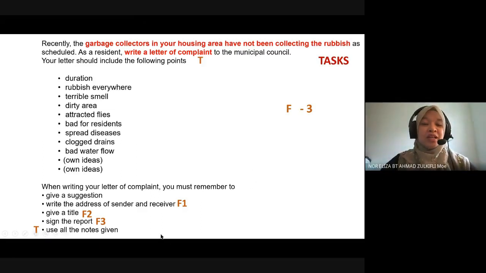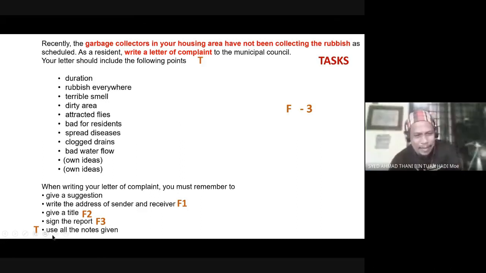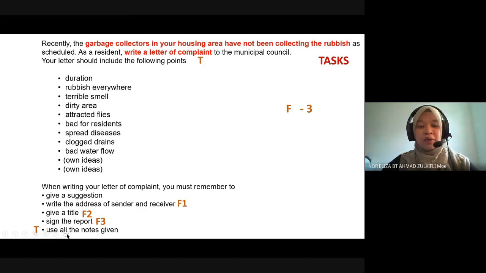Now we go to the second one, with this slide. Okay, the task. Are we recording? No need to go on, just continue. Alright. Just now we were analyzing the task, the question.